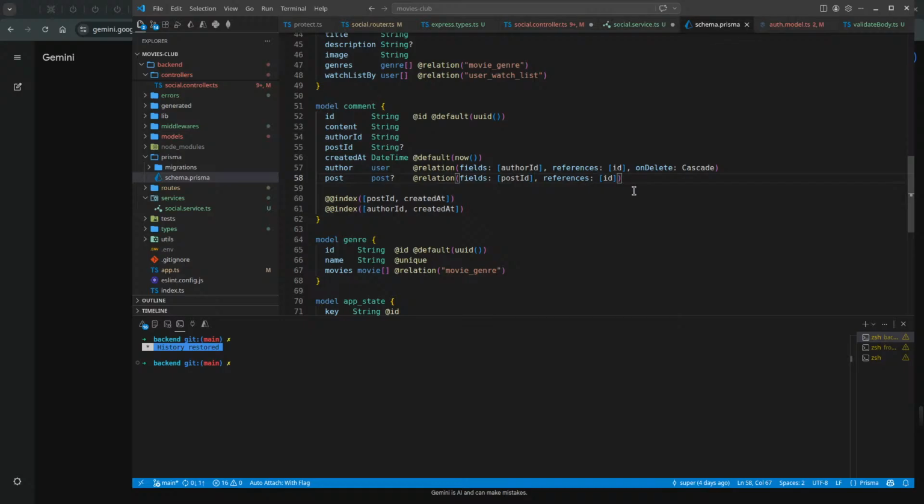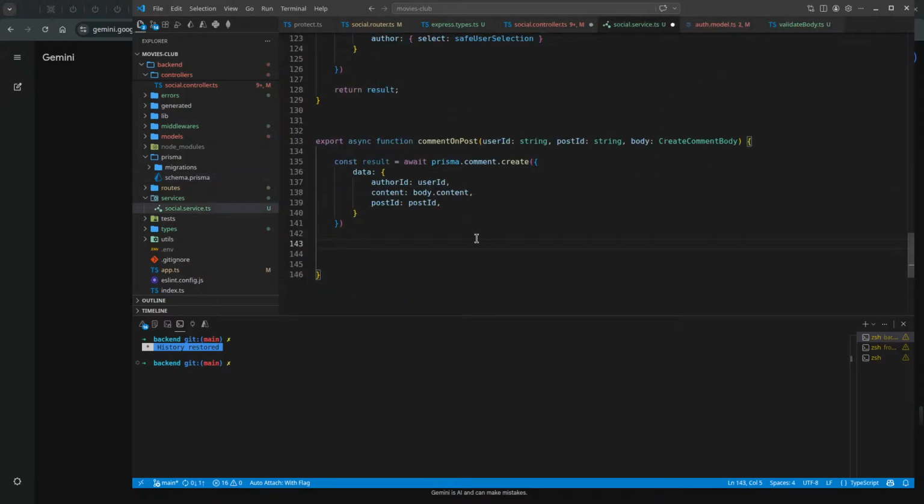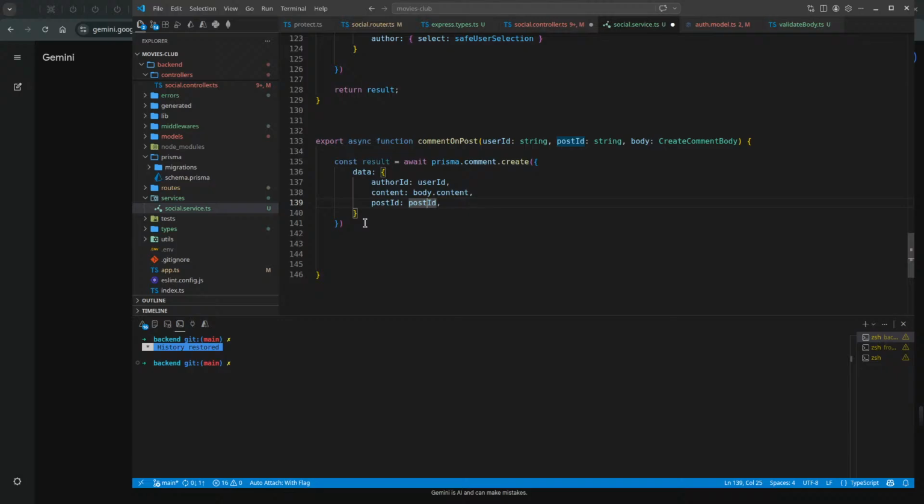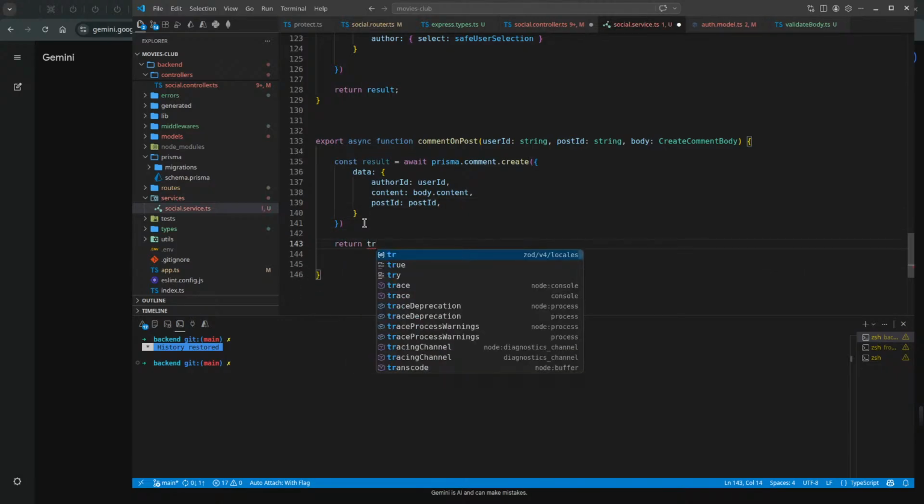It's a foreign key, so it must exist. If post ID doesn't exist or author ID does not exist, this is going to throw anyway. So I don't need to check for null, because this cannot be null. If this failed, it will throw an error. So we return the result.